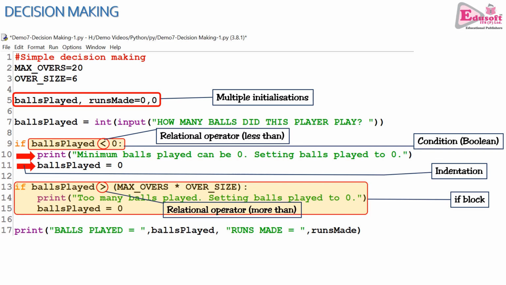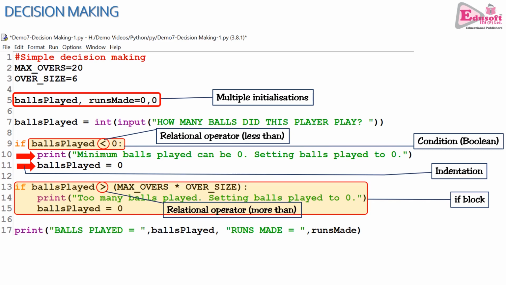On line 13, we are checking whether balls played is greater than maximum overs multiplied by the number of balls in 1 over. At the top, lines 2 and 3, maximum overs and over size are 20 and 6 respectively. That makes 120 if you multiply them. So if the user enters any value which is more than 120, we will do something.